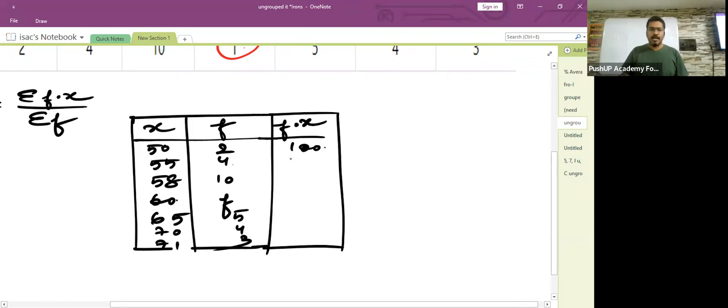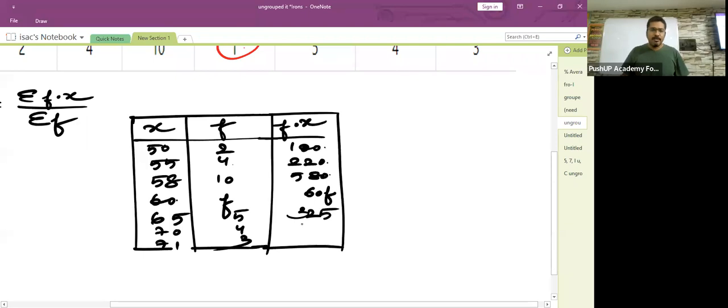50 into 2 is 100. 55 into 4 is 220. 58 into 10 is 580. 60 into f is 60f. Children, 60 into f is 60f. Don't write 60 plus f. Okay, I see it during corrections. Don't make such mistakes. 65 into 5 is